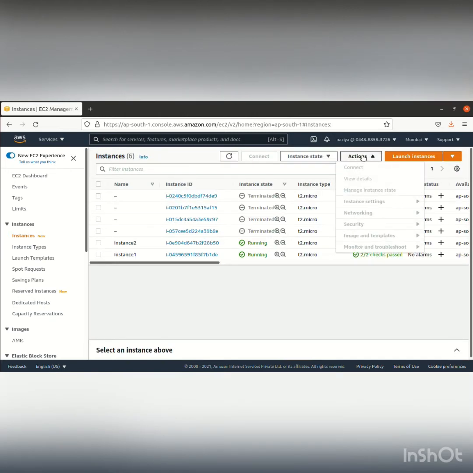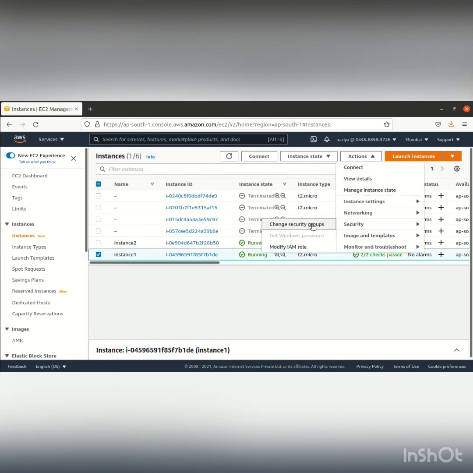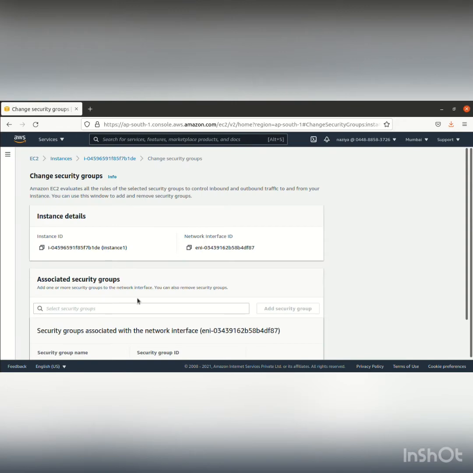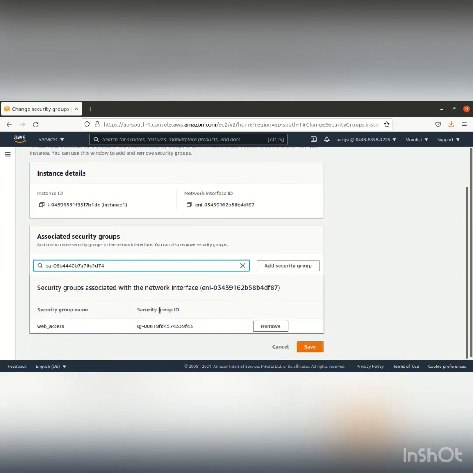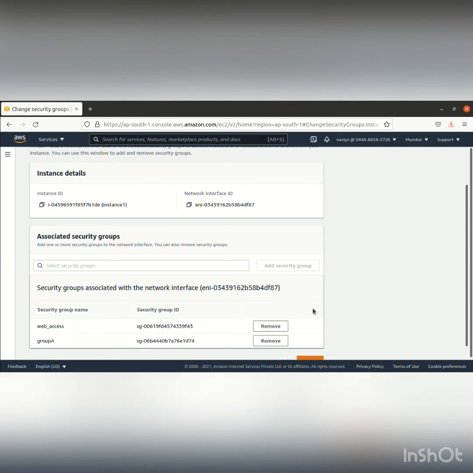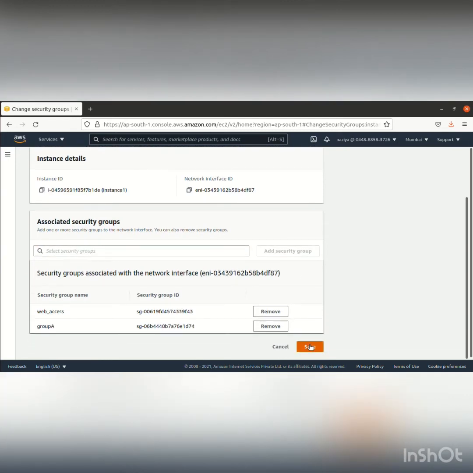We need to first select instance 1, sorry. We'll go to actions, security, and we'll change the security groups. Here we'll add this group A, add security group, then save it.